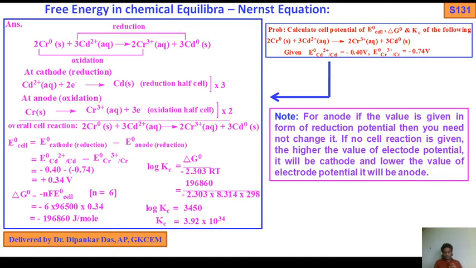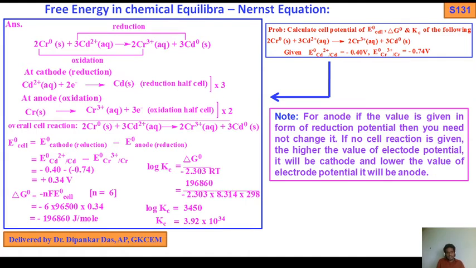Okay, before solving this problem, we first check that all the values are given in reduction format. If not, then change the sign, then write down the reactions, next identify oxidation and reduction, then split into oxidation half cell, reduction half cell, cathode and anode. Okay, then you balance the electrical charge. From this you get the main value of n. Then you know E° cell equals E° cathode reduction minus E° anode reduction. If all the values are given as reduction, then you just put the values. Okay, you get the value of E° cell.